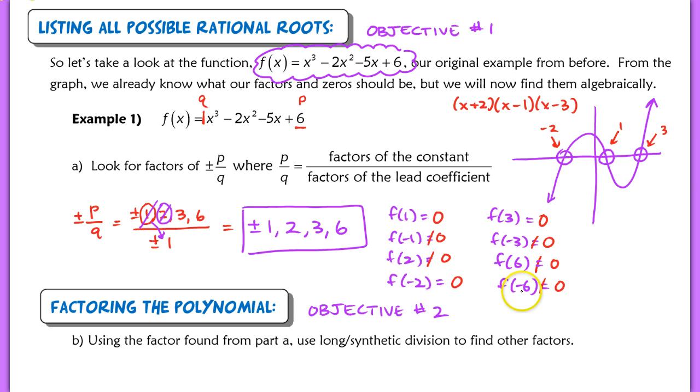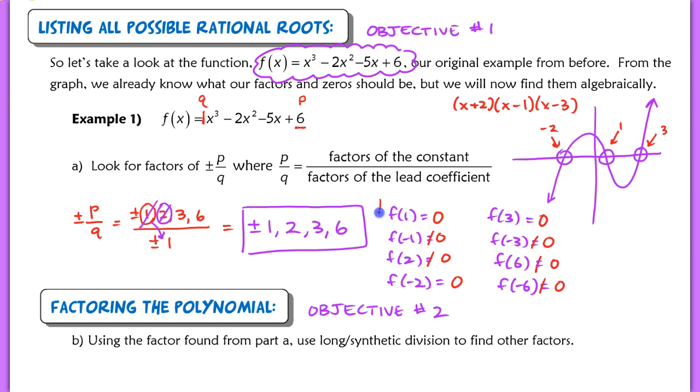You can see it clearly. Negative 6 is not where your polynomial crosses the x-axis. So we're kind of cheating a little bit since we already know the zeros of this function since we have a graph. But basically tomorrow what you'll be expected to do is fill in and evaluate f of 1 and